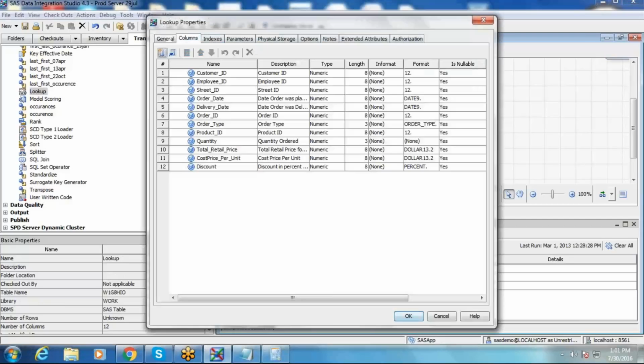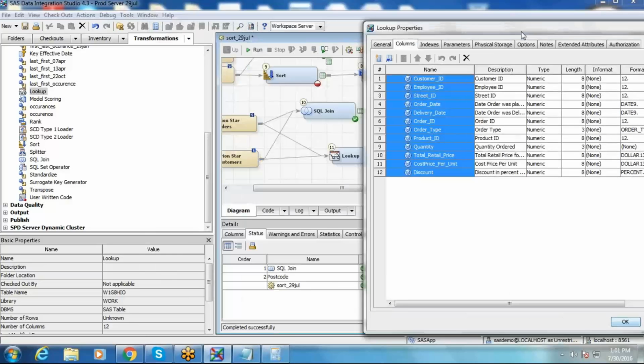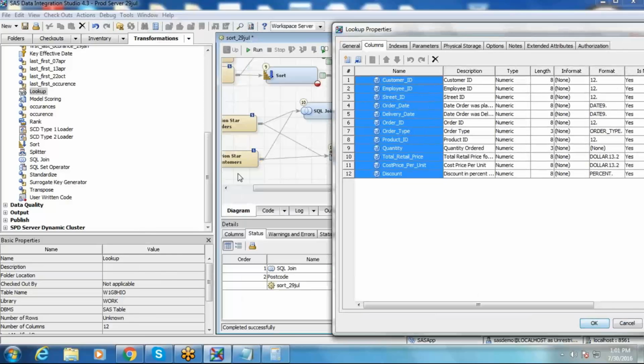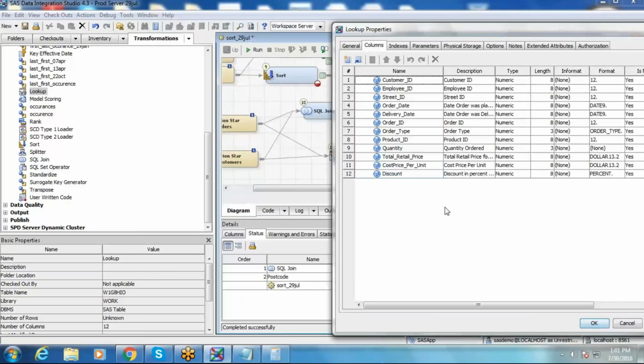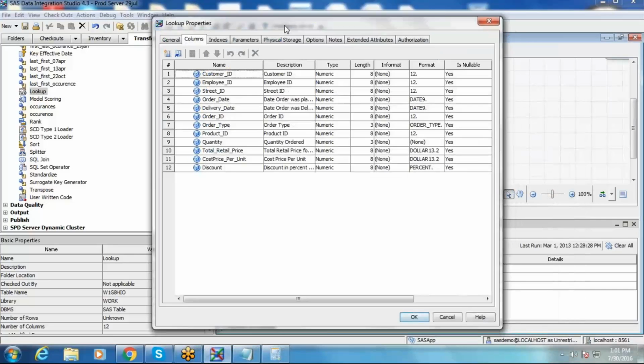Here you see columns. You got columns only from the source table, and you need to get columns from the lookup table also. Customer country and customer gender should be retrieved. So you can import that column over here, or at the time of mentioning the properties of the lookup transformation you can also mention them. Let us see how to do them while we mention the properties of the lookup transformation.